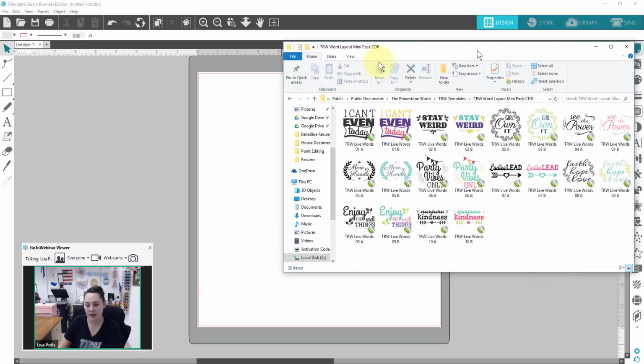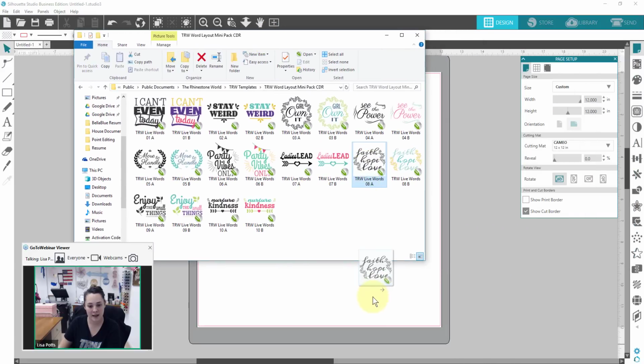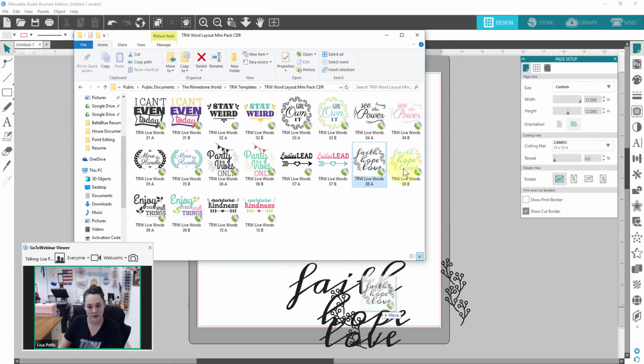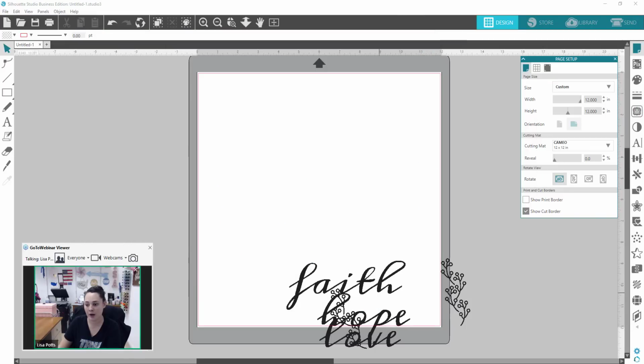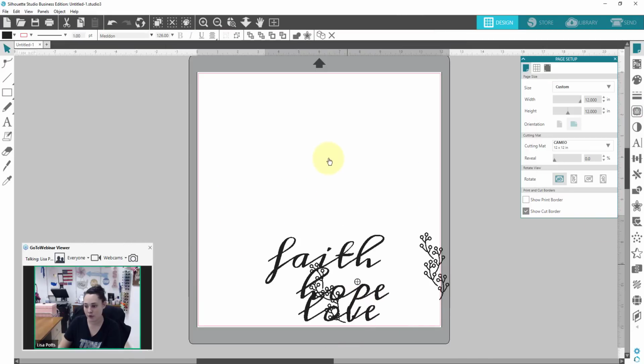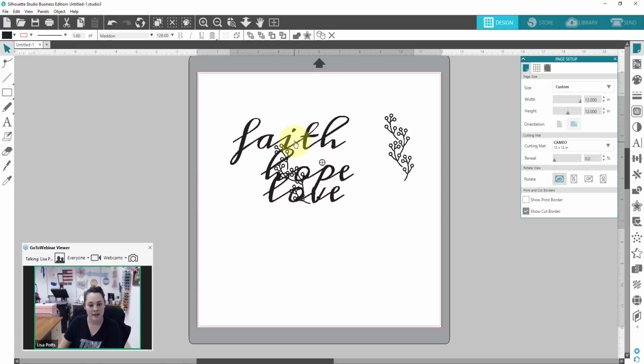And I can go right here, and I can drag a design over to this side. So check this out. Now I can borrow parts of this design and kind of move this around. So let's go right here. This is a CorelDRAW file. Now we do have to do a little bit of rearranging because we're working in Silhouette Studio, but the reason